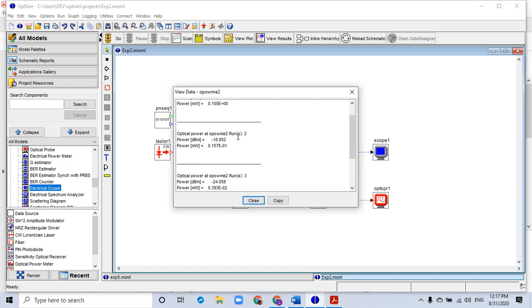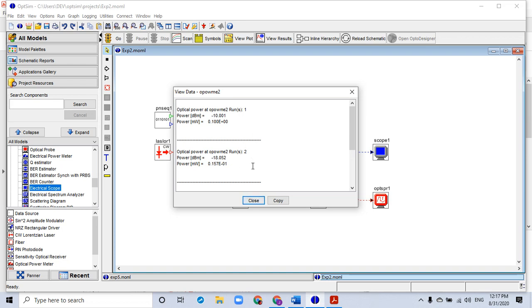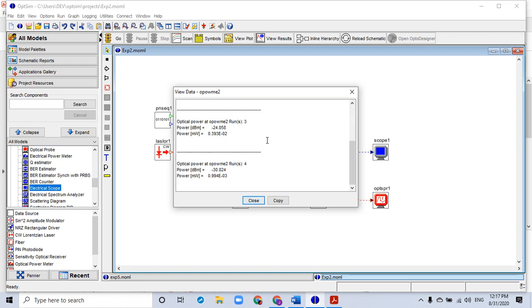Similarly, at the output for length of 40, I think that was the next one, right? For 60, I guess, 60 kilometer fiber, it is minus 18. For 90 kilometer fiber, it is minus 30, and so on, right? So we have all the four values available, and you need to note them down and close.